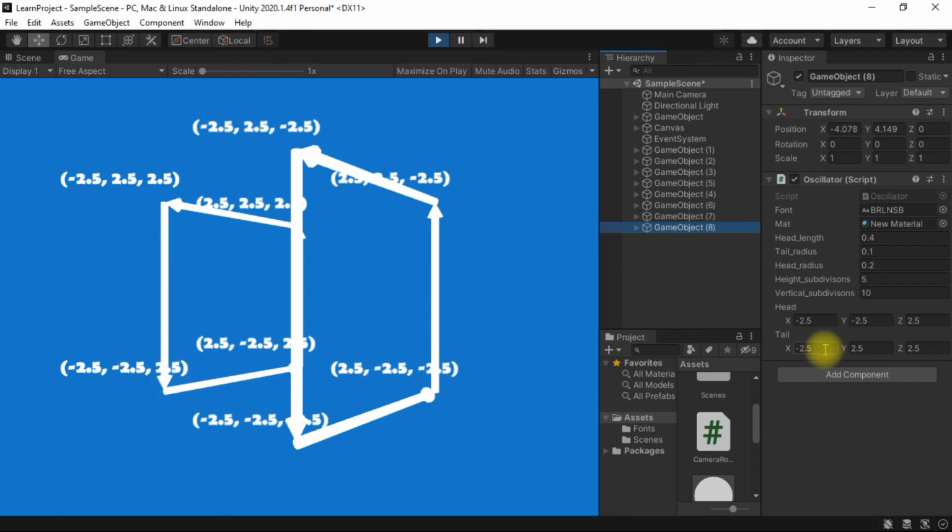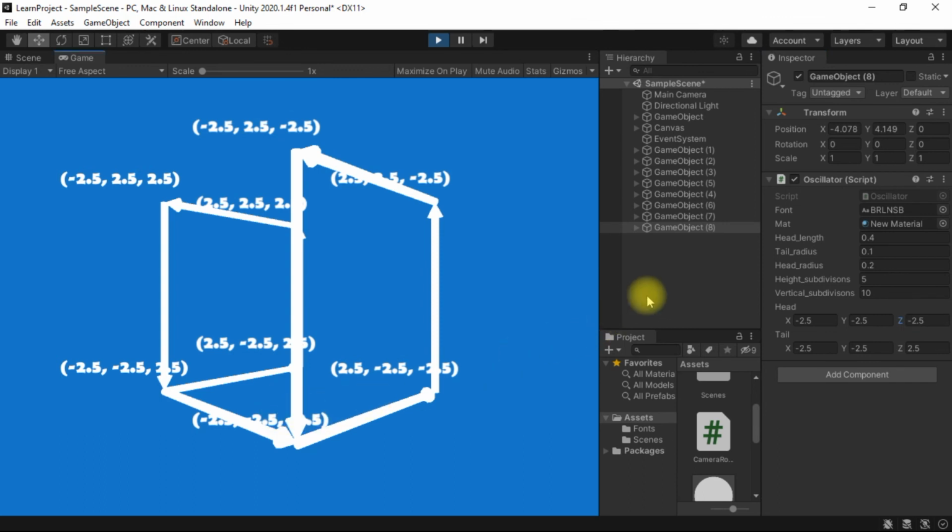So let's keep minus 2.5 as it is, change the y component to minus 2.5, and the z is 2.5 as it is. Here the position is minus 2.5, minus 2.5 and 2.5, right? So let's keep this minus 2.5 as it is. Okay, it was minus 2.5 for the z component here.